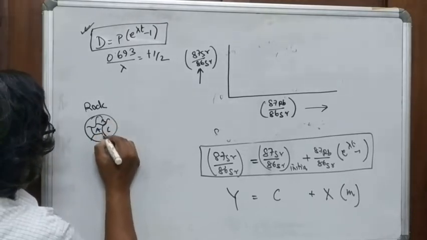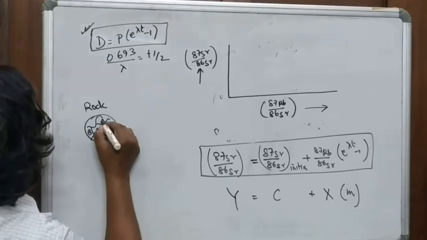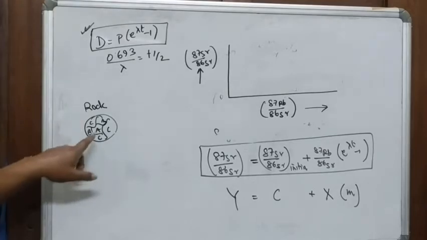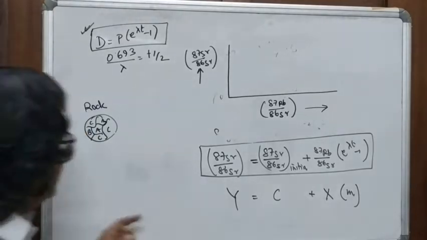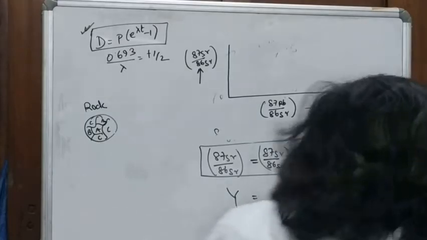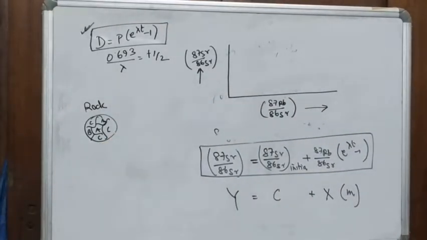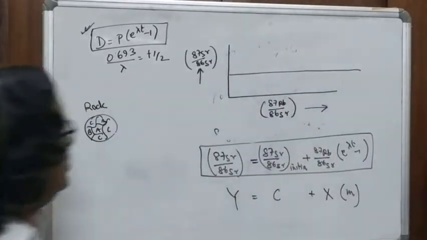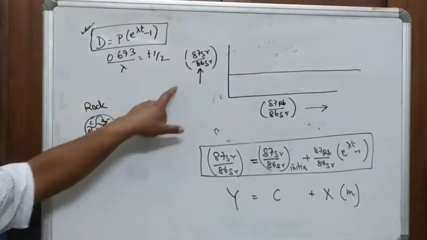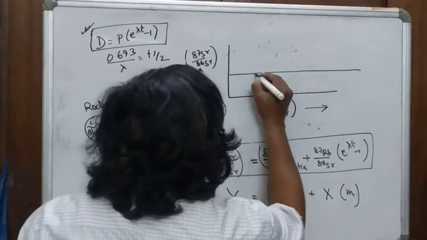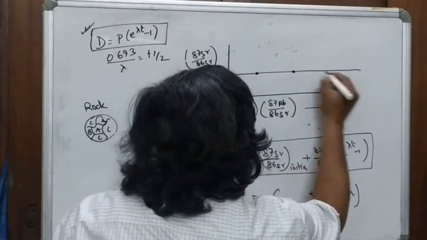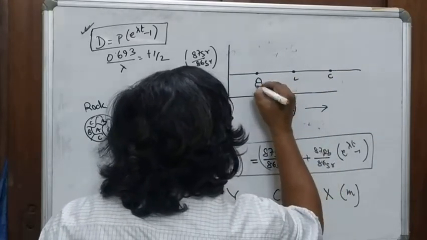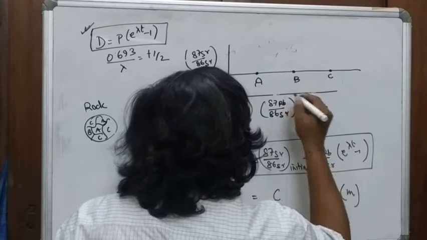A, B, C, C, B and C. So it has more amounts of C, A and B. So since this ratio does not fractionate, all the elements will have the same value of 87 strontium by 86 strontium across all minerals. So you have mineral A, mineral B and mineral C, and also some A, B and C, and somewhere